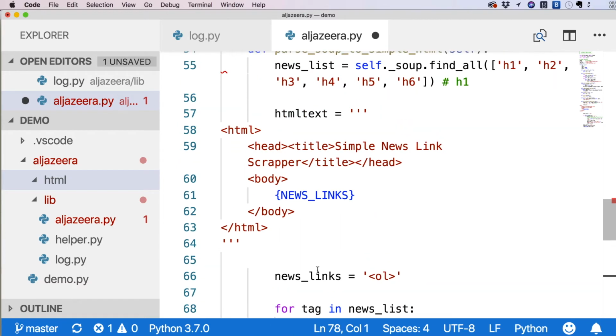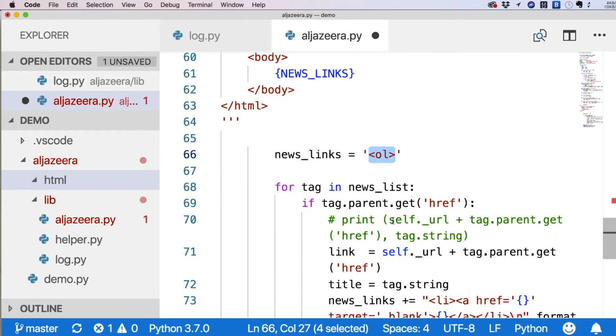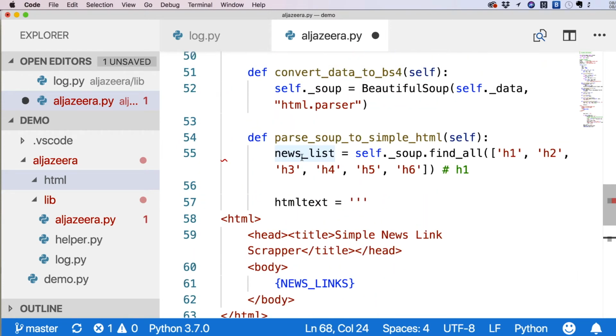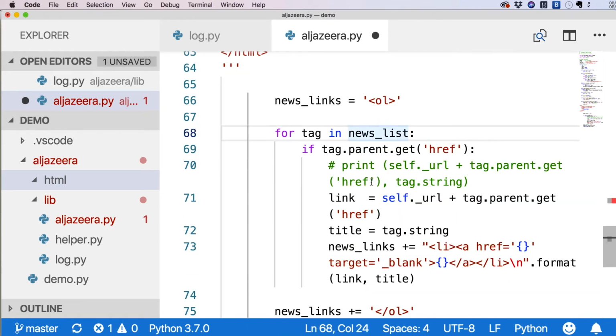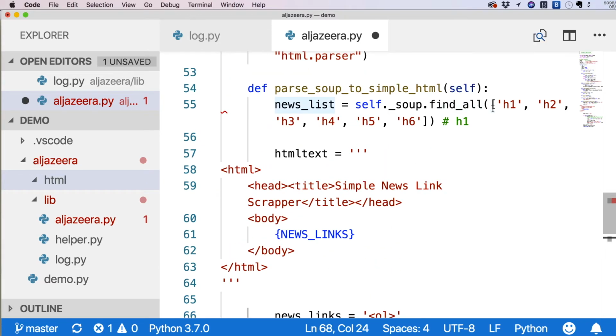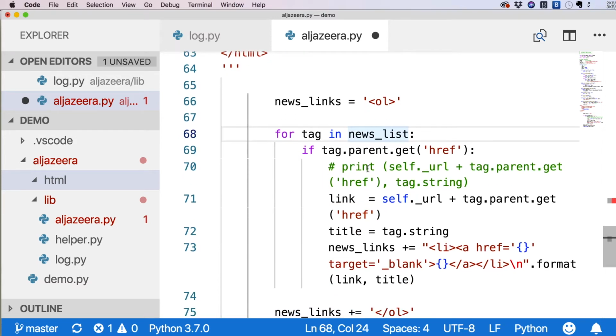Now I am defining a variable news link where I am passing the ordered list HTML tag, and then I am using a for loop, for tag in news list. This news list is populated from here, by the self.soup.findAll method. So we are iterating this whole news list, and each time we are checking if tag.parent.get href. That means this method, self.soup, retrieves all the h1 to h6 link data in this news list as a list, and then we are accessing each of the items and checking by an if condition,